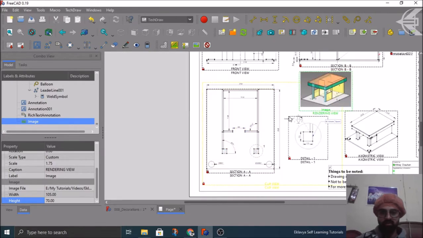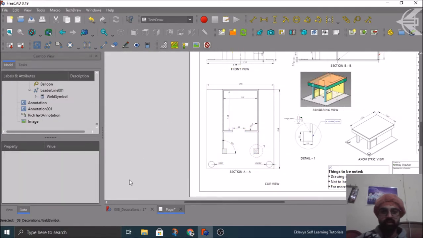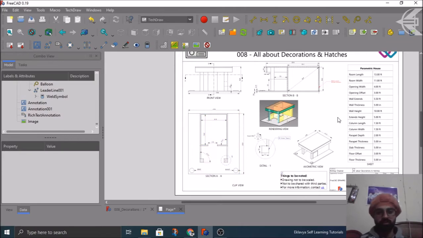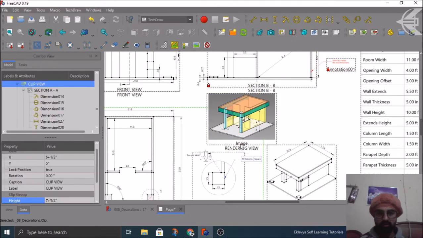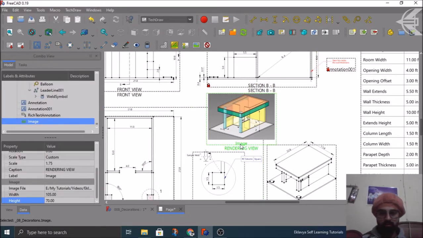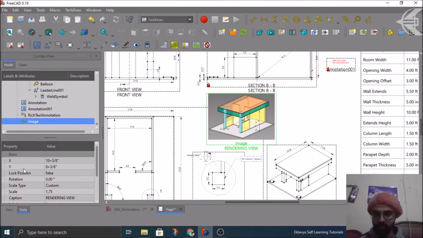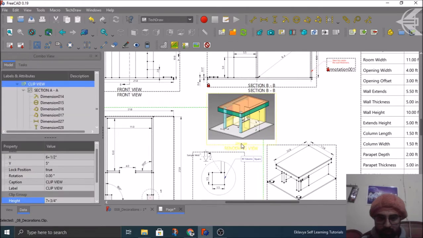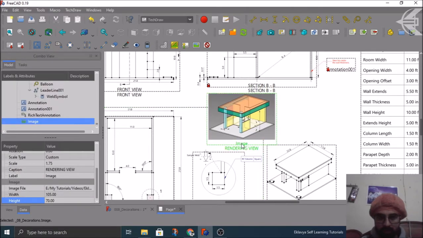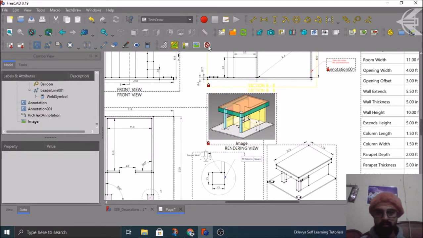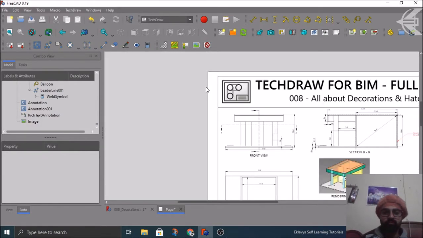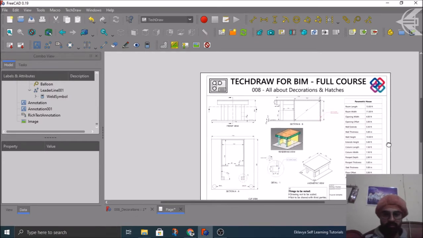see how the actual thing looks, simply turn off your frames, and this is how it will be oriented in your drawing sheet. Fine. So what I can do is switch on the frames. I can make its location to false. Just a final touch up. I think this is quite okay location for my view. I can lock the position from here. I can make it true. Done. And then you can see this is my rendering view placed on the sheet.